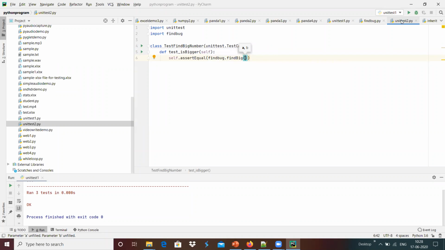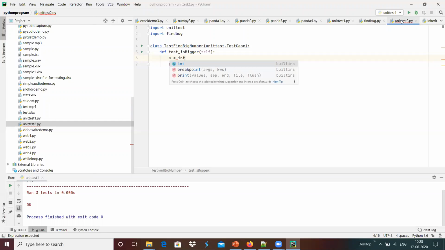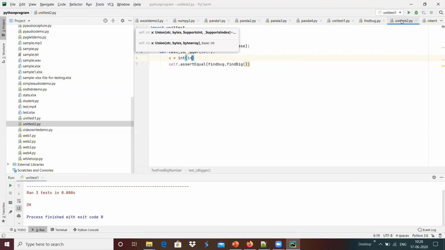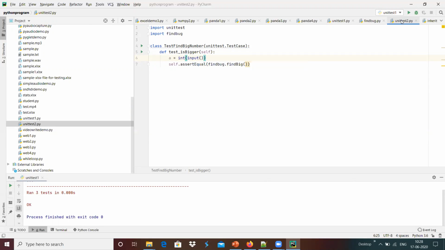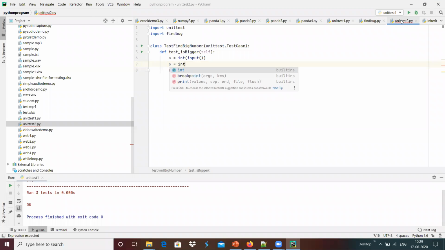Maybe we are going to pass something like, I am going to get the input. For example, a equals integer of input over here, and then b equals integer of input over here.